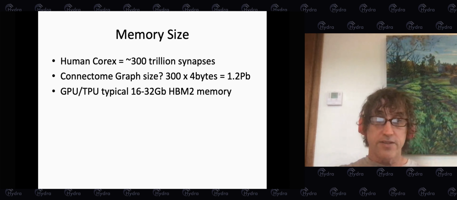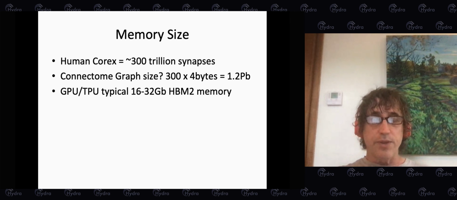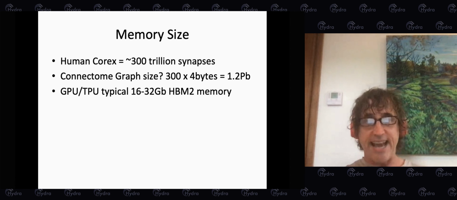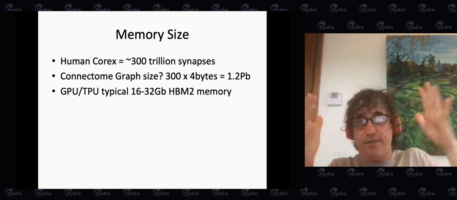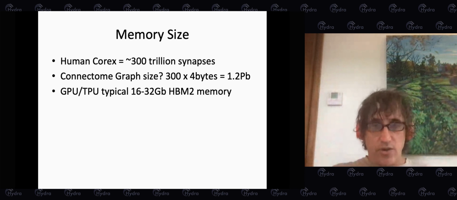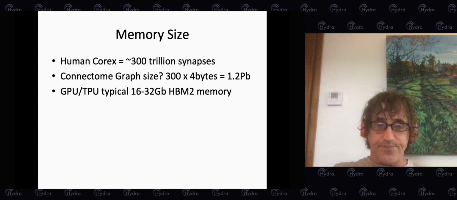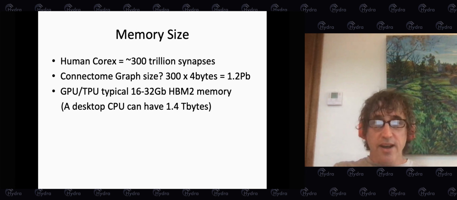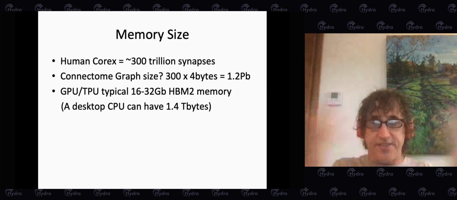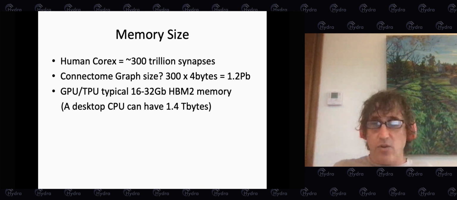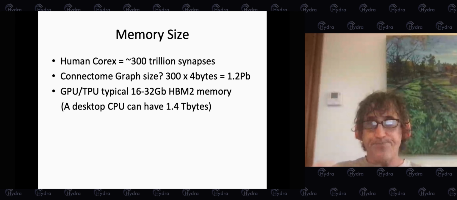Compare that with a typical GPU or TPU or one of these hardware accelerators that has 16 to 32 gigs of HBM memory. The new NVIDIA GPU, the A100, has 40 gigs. So on that order of magnitude of tens of gigs. Compare that to a desktop that could have 1.4 terabytes,